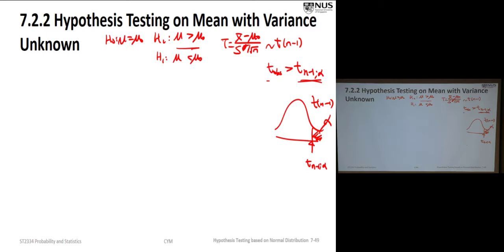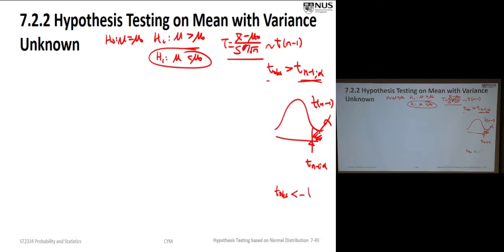So what happens if I'm looking at mu at this alternative? Same thing. You check your observed value. If this is true, what do you expect about the t? Is it big or small if the alternative is true? Your mu is less than mu naught, so your x bar should be less than mu naught. Why? Because x bar is supposed to fluctuate around mu. So if mu naught is there, your mu is here, your x bar is somewhere here. Of course, your x bar will be less than your mu naught. So we will expect a small value for the test statistic. Small means negative, a very big negative number. So we'll expect this